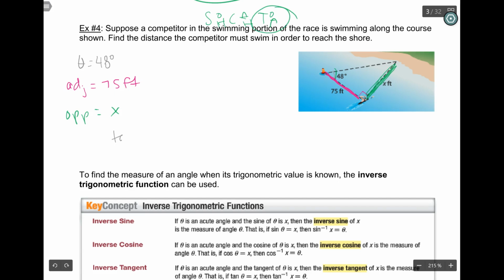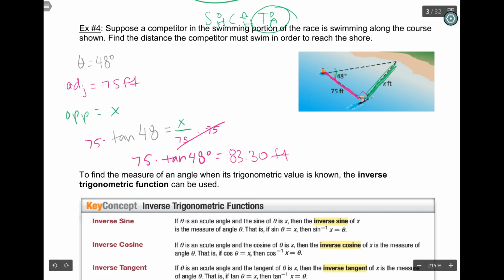So I can say tangent of 48 degrees is going to equal opposite, which is x, over my adjacent, which is going to be 75. Get x by itself by multiplying by 75 on both sides. So we have 75 times tangent of 48 degrees, and we will find the answer is